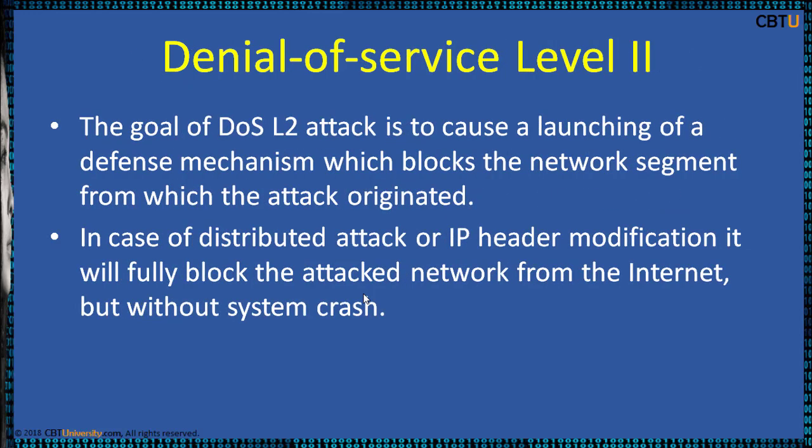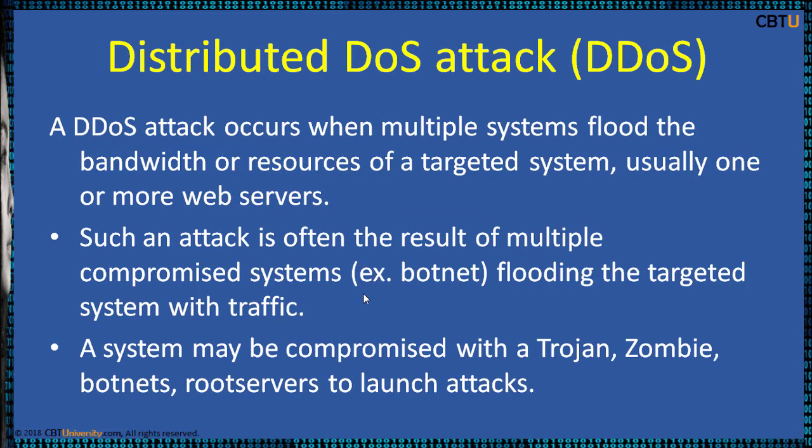The goal of a DoS L2 attack is to cause the launching of a defense mechanism which blocks the network segment from which the attack originated. In case of a distributed attack or IP header modification, it will fully block the attacker network from the internet, but without system crash. A DDoS attack occurs when multiple systems flood the bandwidth or resources of a targeted system,